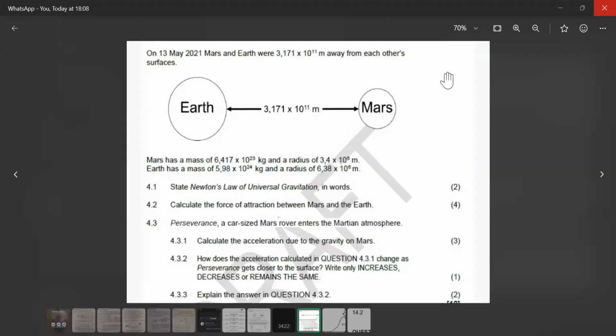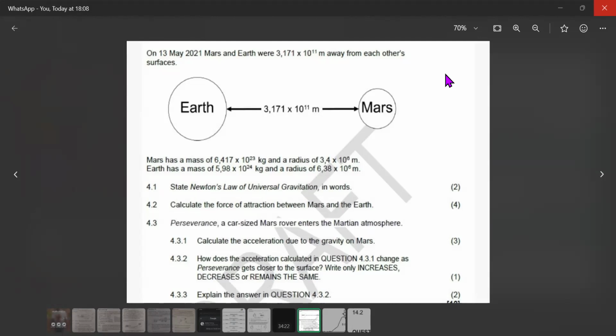So here they say on 13 May 2021, Mars and Earth were 3.171 times 10 to the power 11 meters away from each other's surfaces. Mars has a mass of 6.4 times 10 to the power 23 kg, and it has a radius of 3.4 times 10 to the power 6 meters. The Earth has a mass of 5.98 times 10 to the power 24 kilograms, and it has a radius of